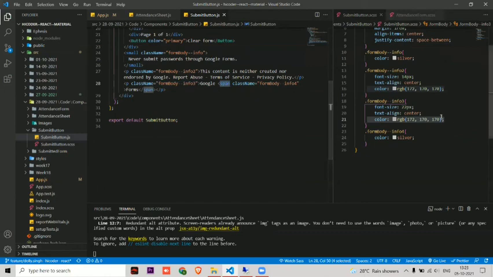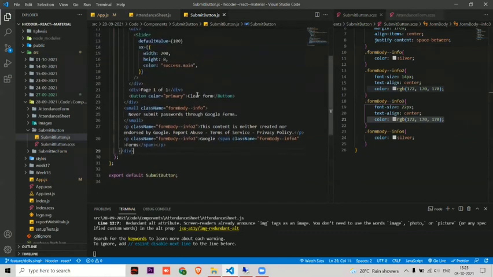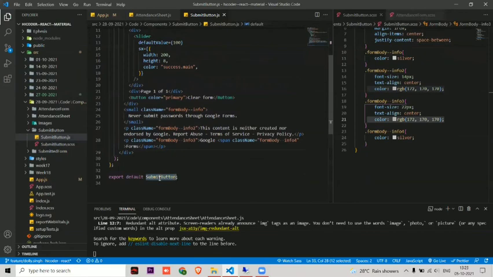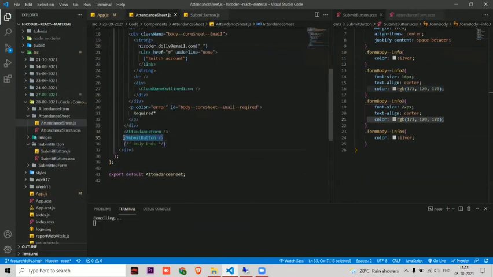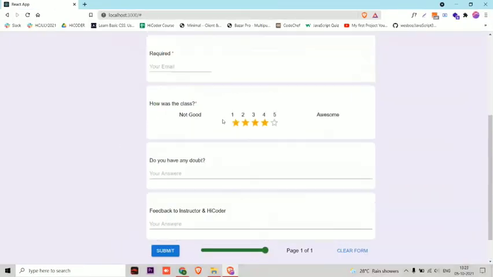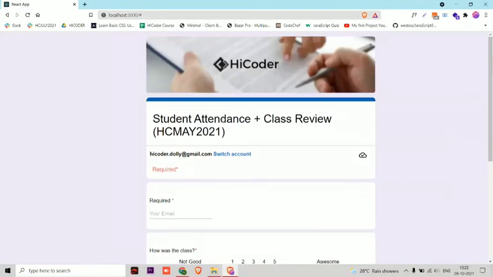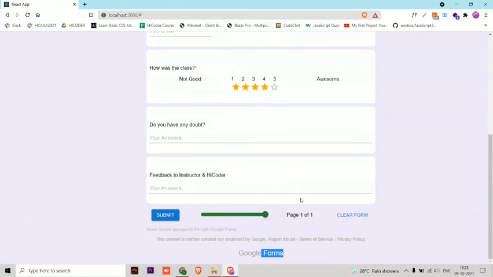Okay, so I have used a span here, and again I have exported from here and imported here, which you can see. So that's why everything has merged, because we have imported from there and it's looking good. If you press anywhere, it will not work, because we haven't linked anything yet.